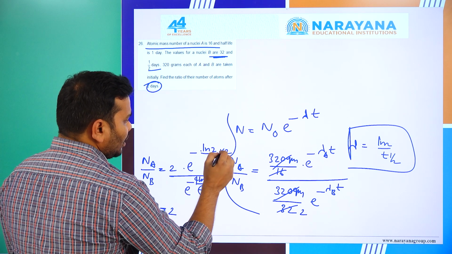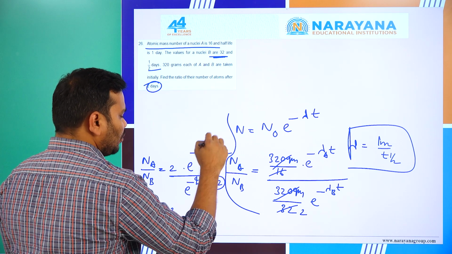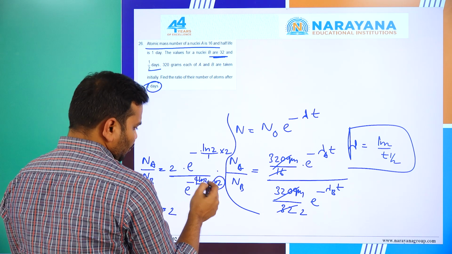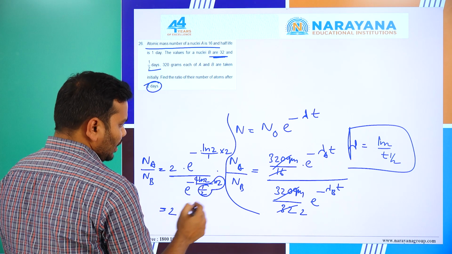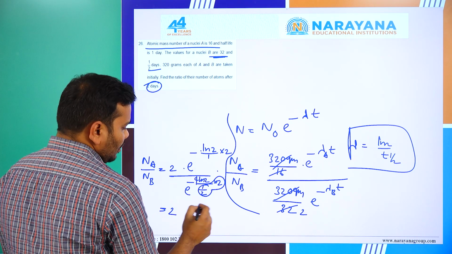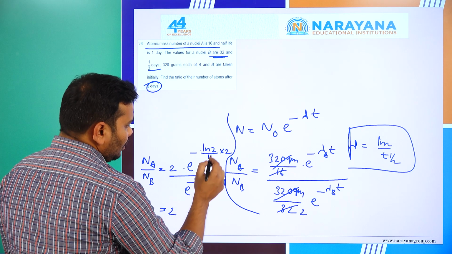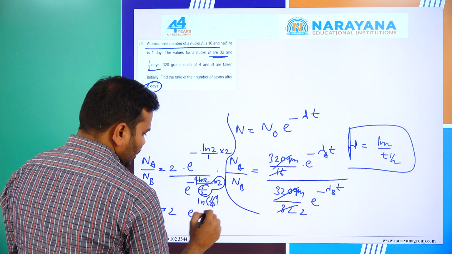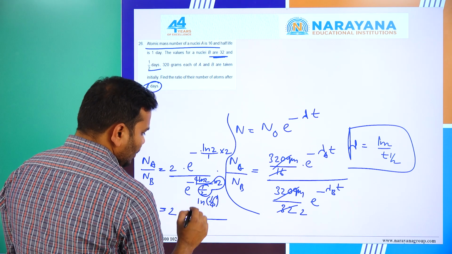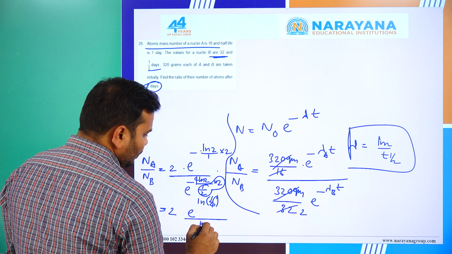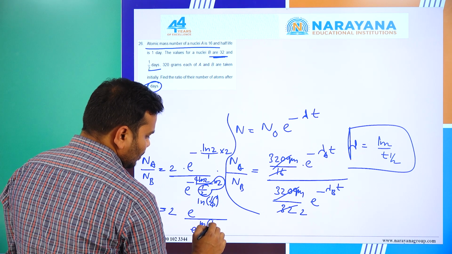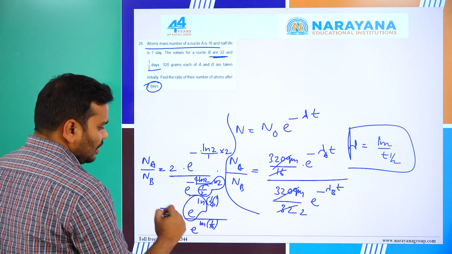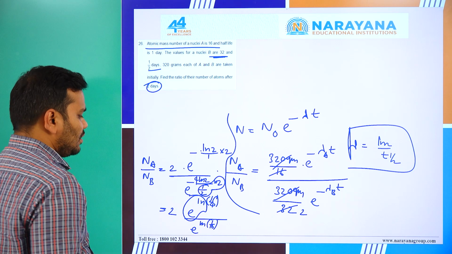So now this is 2 into e power, you are getting 4, this will become 1 by 4, and here also you will get 2 power 4, that is 1 by 2 power 4. So this will become e power ln of 1 by 4, divided by e power ln of 1 by 16. You can remove this entire thing and you will get 1 by 4, here 1 by 16.